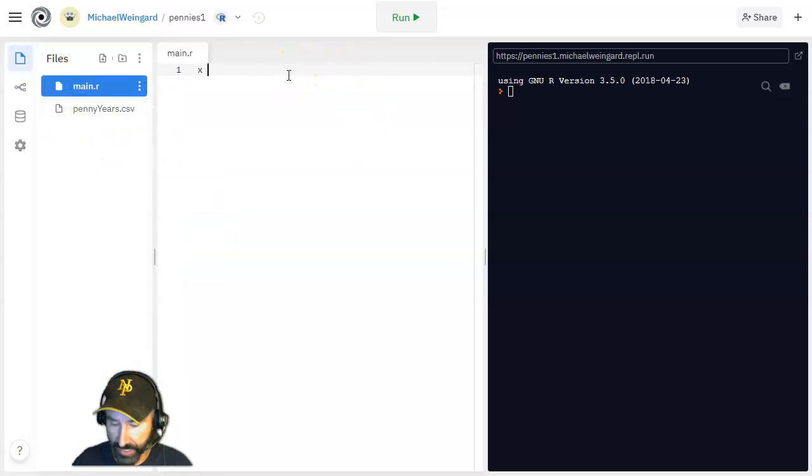We're going to go ahead and try importing the data from penny. Well, first of all, we're going to go read.csv, and you might want to write this down. And I'm just going to put the name of the file, penny